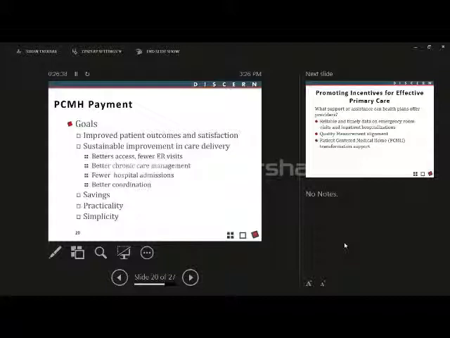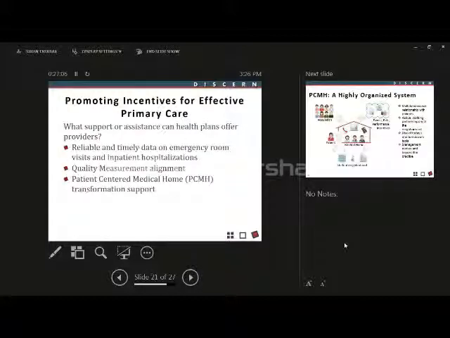And of course, to sustain these improvements over time, which should generate, we hope, net savings in the total cost of care, even if it means that those patients receive more primary care services up front. The idea is that we would avoid expensive hospitalizations, ER visits, and other complications associated with chronic illness. And so what we need to do in thinking about promoting that model is to align incentives with effective primary care,